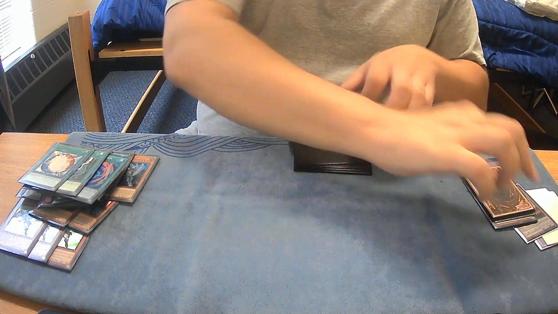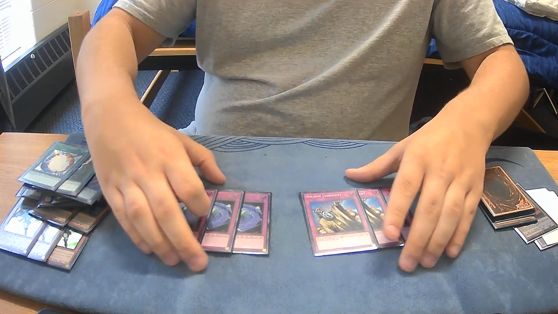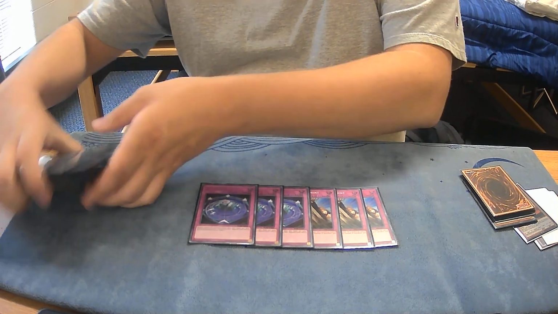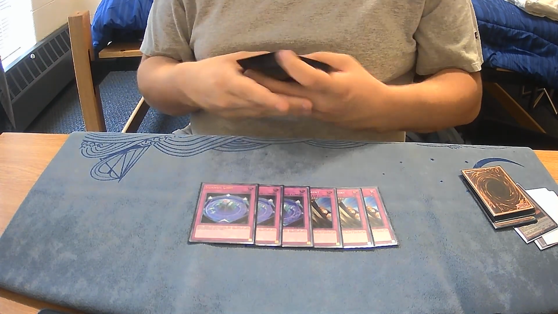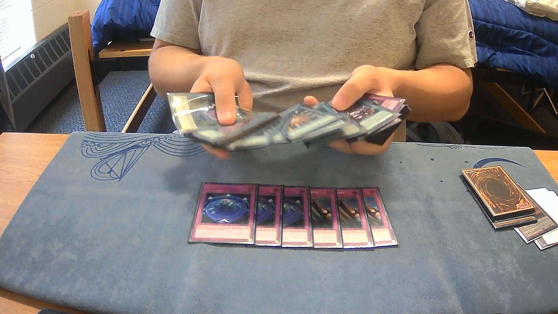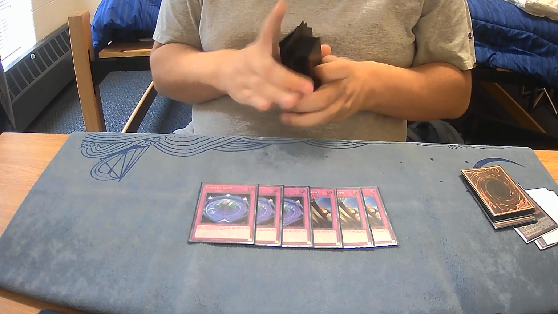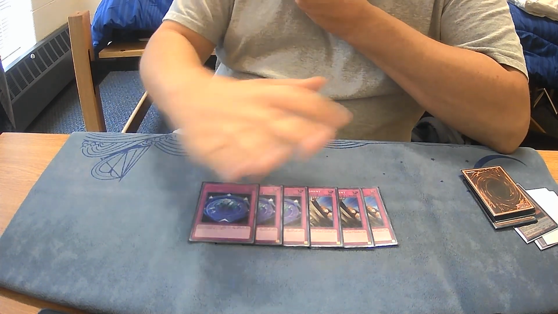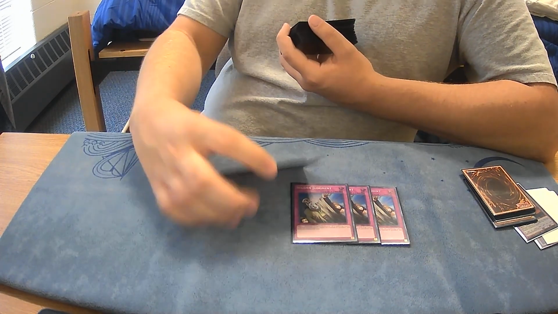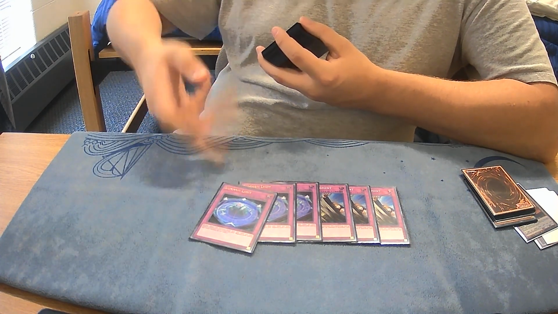And then if I decide to go first in games 2 and 3, I've got 3 copies of Summon Limit and 3 copies of Solemn Judgment. The theory behind this is that in matchups where I either want to go first, or my opponent makes me go first, or I think they're going to make me go first, I can take out my anti-combo cards like Super Poly and Droplet, or I can take out hand traps like Ash and stuff, and I can board into these trap cards. So I can still make my big combo board of the Wonder Driver, Sunrise, Absolute Zero